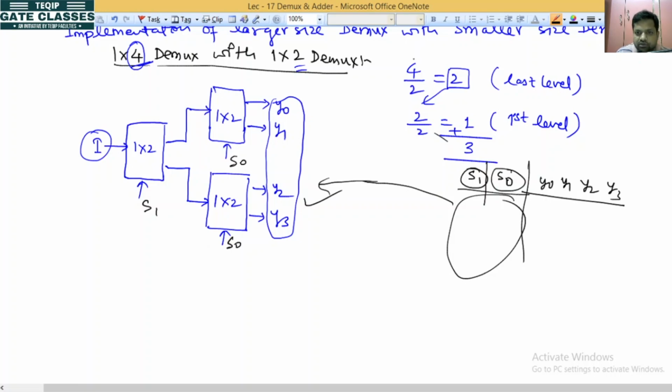Okay ना, we have already studied that. तो ये फार्मूला आप डिकोडर में भी लगा सकते हो, ये फार्मूला आप मक्स में लगा सकते हो, यही सेम फार्मूला आप डीमक्स में लगा सकते हो टू गेट हाउ मेनी नंबर ऑफ स्मॉलर साइज डीमक्स आर रिक्वायर्ड टू इम्प्लीमेंट लार्जर साइज डीमक्स। ओके ना। तो ये सारा का सारा फार्मूला सेम होता है, नंबर ऑफ डीमक्स, नंबर ऑफ डिकोडर या नंबर ऑफ मल्टीप्लेक्सर कैलकुलेट करने का।